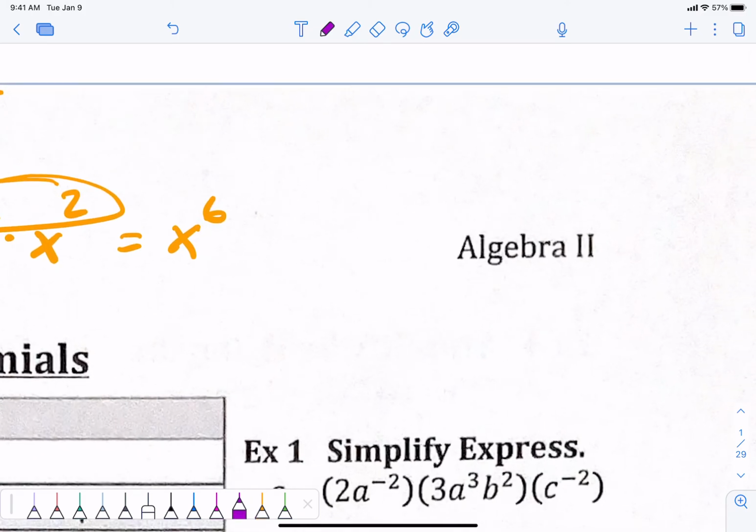Okay, now we're going to be doing other stuff. Write this off to the side also. Let's say you have 4x squared y cubed times, and I know that that's times because we're using just parentheses and not a symbol,